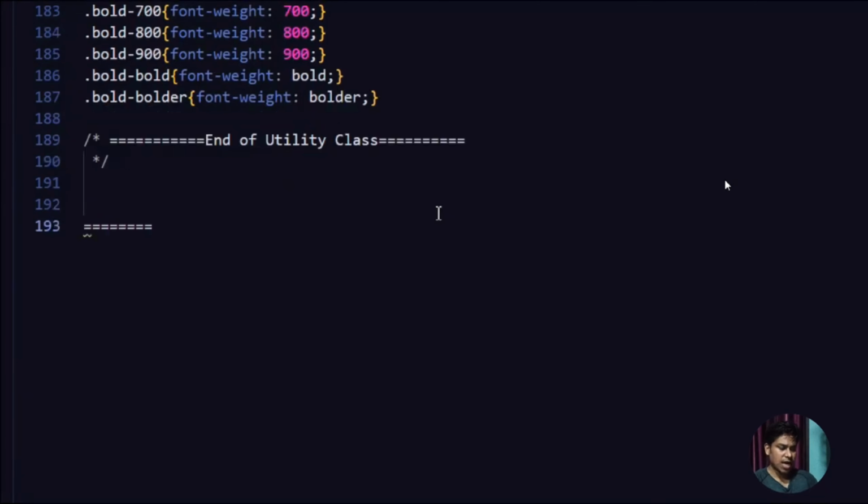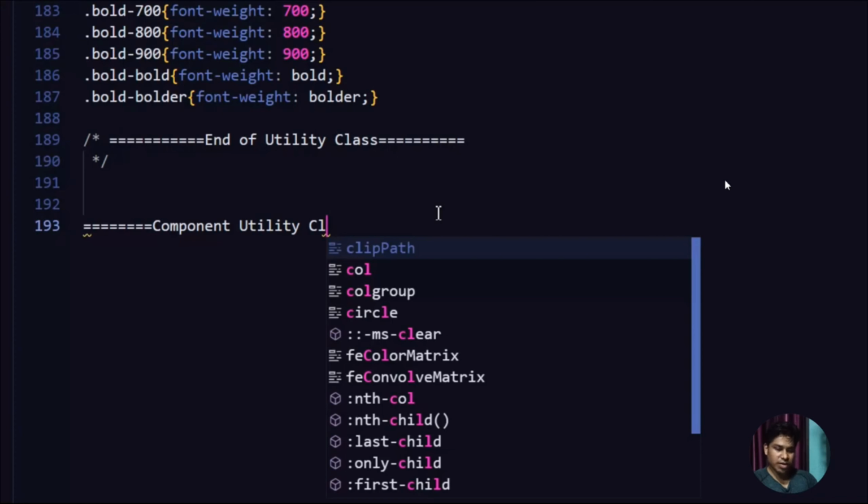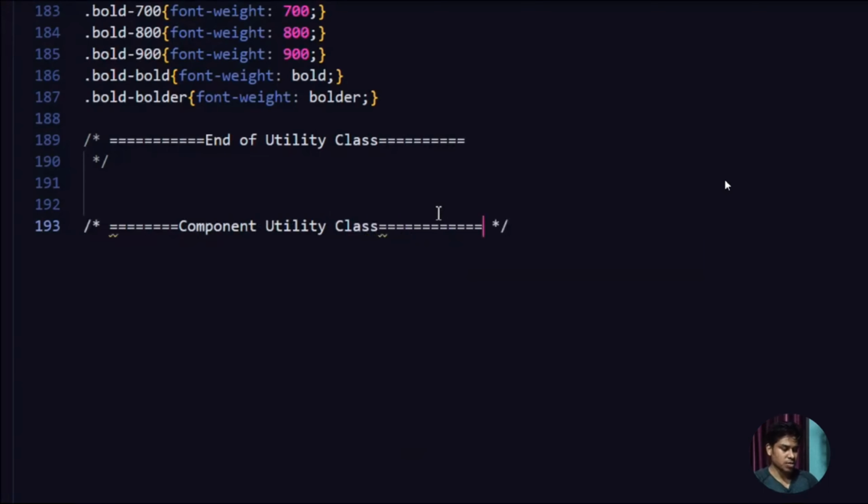So let's go on, and let's create some component utility classes. In this project, some components are repeating over and over again. So it's good to create a component utility class, and you can use that component wherever you want. So we don't need to create those components again. Let's create those components very quickly. So class,